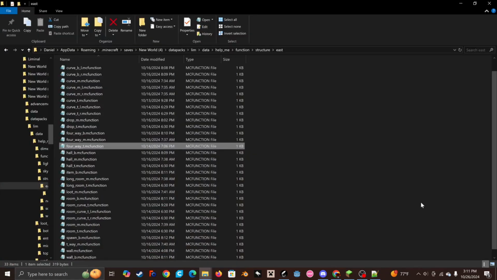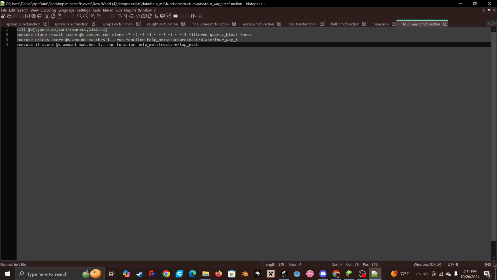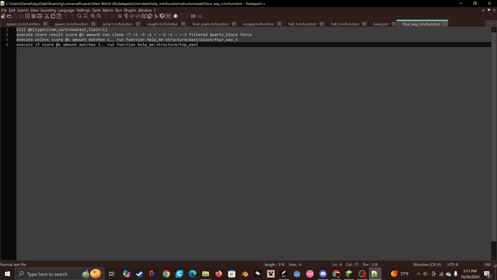Now let's say that you can't generate the room. Well, that's where two different paths come into play. So, in this file, this is the first path, and the most common path. What that is, is that it will run this command function here called top east. Basically what this does is it once again rolls the loot table to try and generate a different room. And it will continue doing that until it either generates a room or comes in contact with the other possibility,